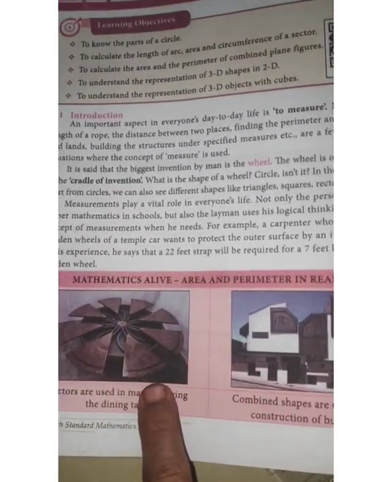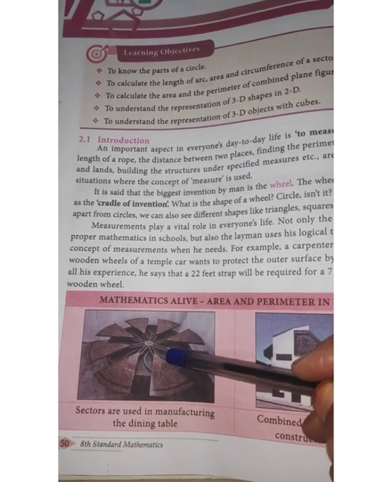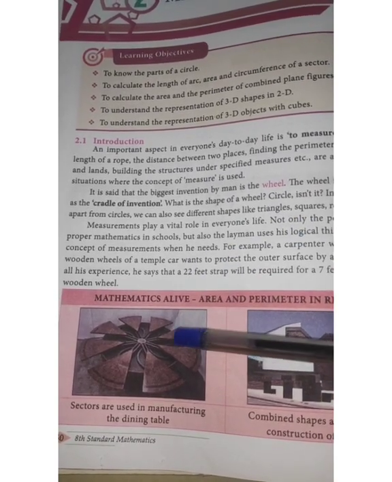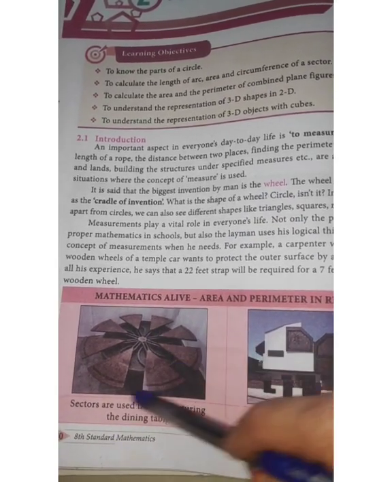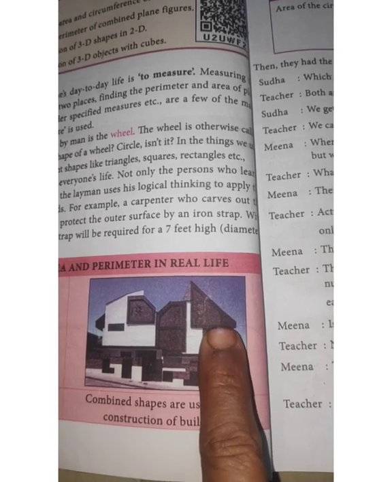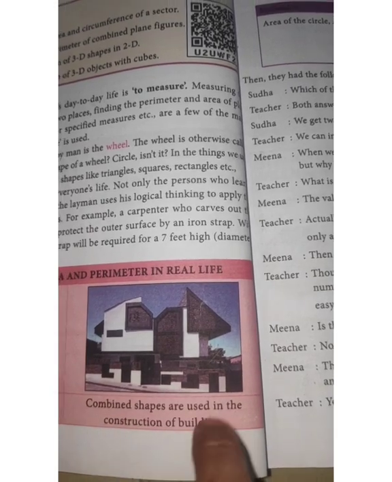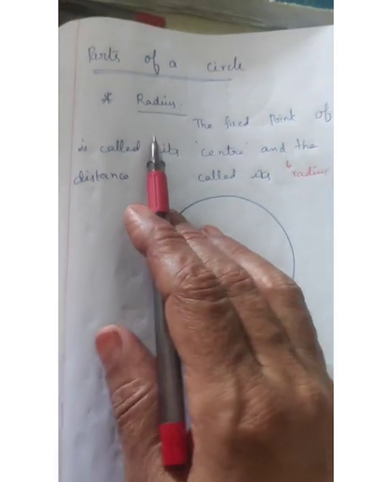Whatever building construction there is, you see circle sectors. This one part is called a sector. How to find it? Use the circle area formula with the pi value 22/7. Look at a dining table, or whatever circle shape they use, with the pi value. In buildings you see square, triangle, and rectangle designs, whatever shapes, all combined.